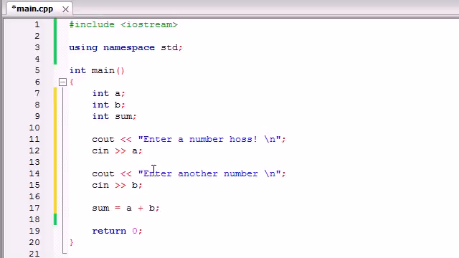And now what our computer program is going to do is it's going to say, all right, I'm going to grab the value you put in for a, and I'm going to grab the value you put in for b, and I'm going to calculate that, and I'm going to store that in the variable sum. So for example, if you wrote 10 and 15, it's going to say, all right, grab 10, grab 15, calculate the sum of it, which is 25, and store it in a variable called sum. So now the sum is equal to the answer, and all we have to do now is print it out